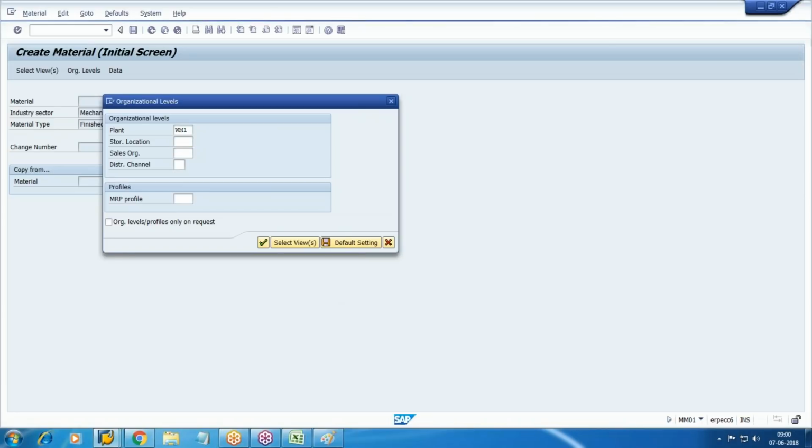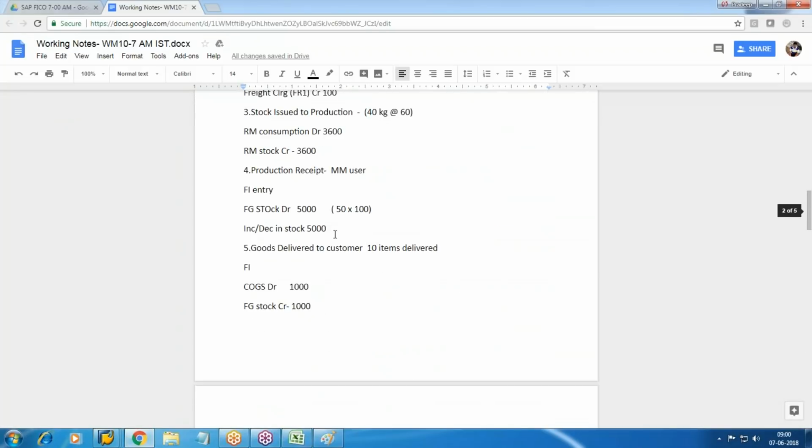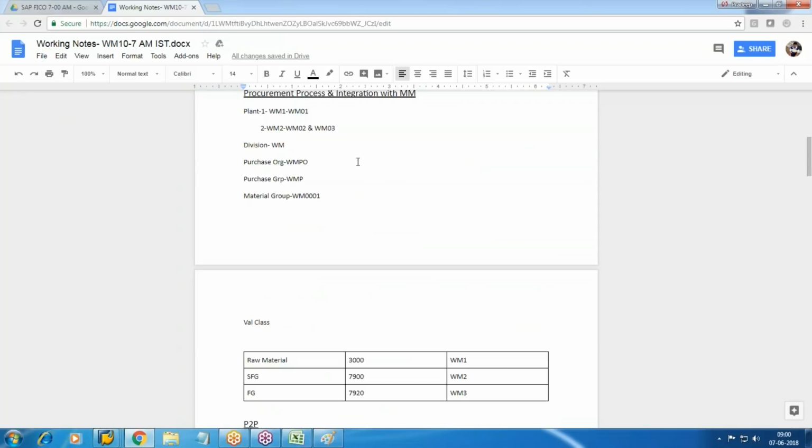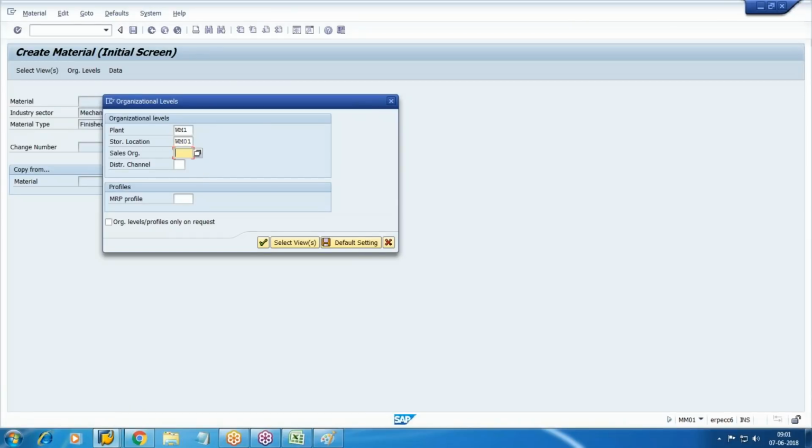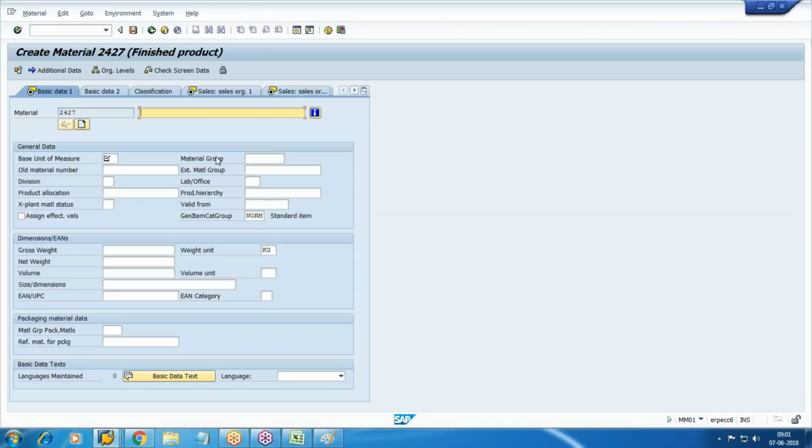Storage location WM02, sales organization, distribution channel. How we will measure this one, finished product? So by counting each. Material group,